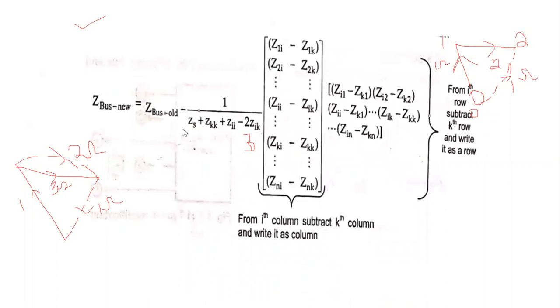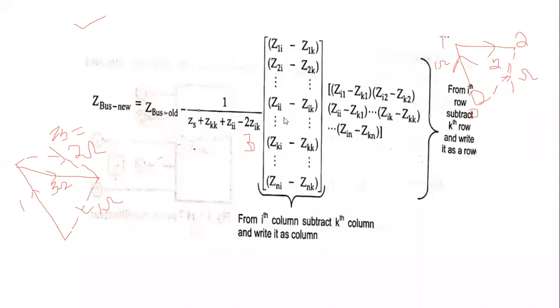ZS. What is meant by ZS? It is the element that will be added in between the two old buses. That element will be considered as the type 4 modification. That step is called the type 4 modification, and that will be considered as the ZS value. Therefore, ZS is equal to 2 ohms.